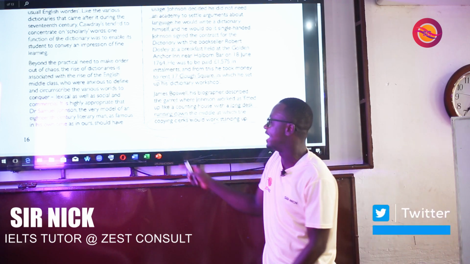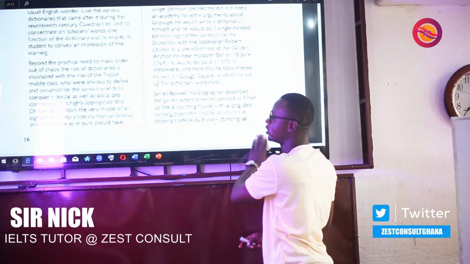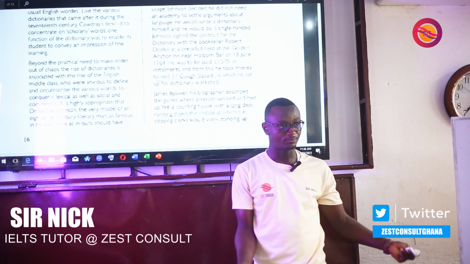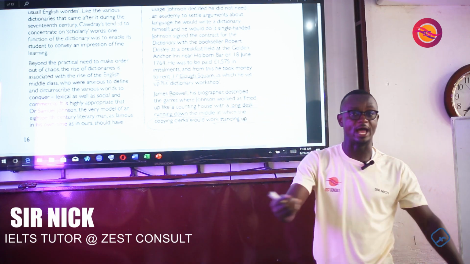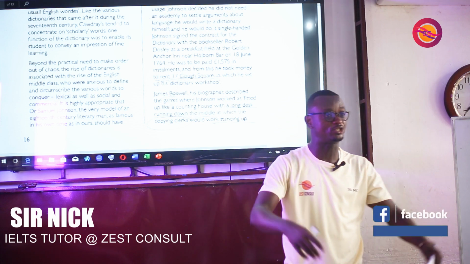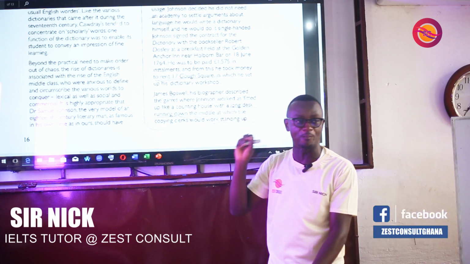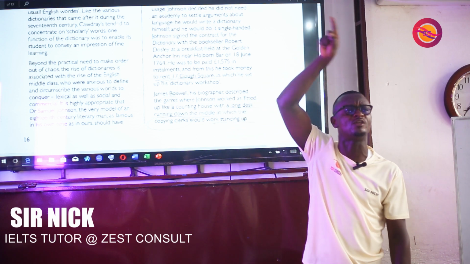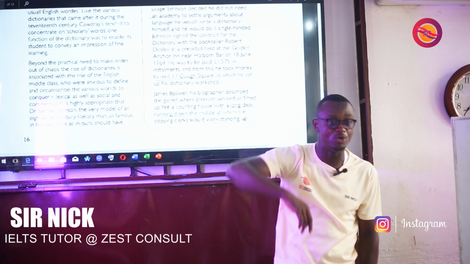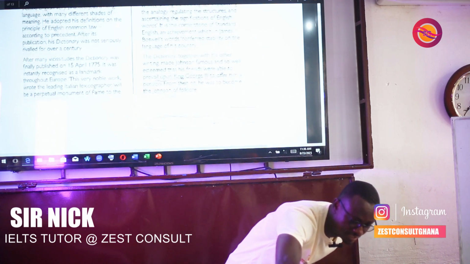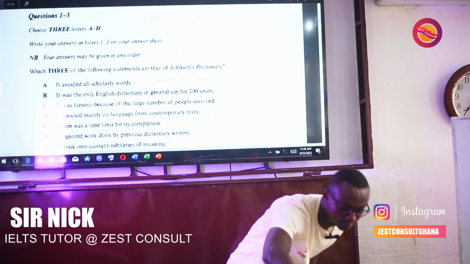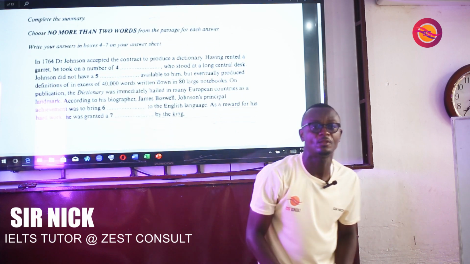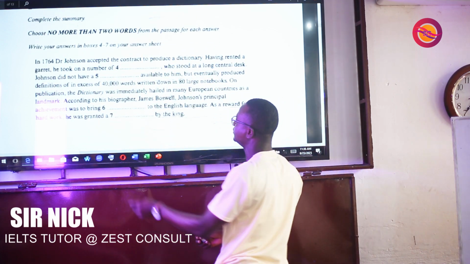Now we identify that the individuals he took or he rented just to assist him in the writing of the dictionary were the copying clerks. Now there are 2 words. Let's go to the instructions of the question to check the number of words we are supposed to pick. Now the question says I should choose no more than 2 words. So it means that if you write copying clerks here,